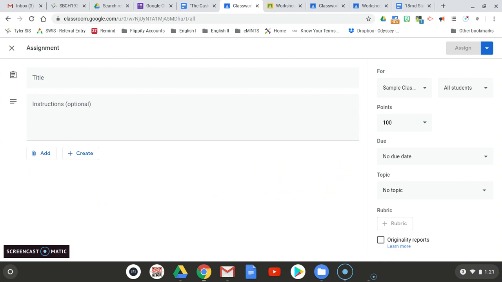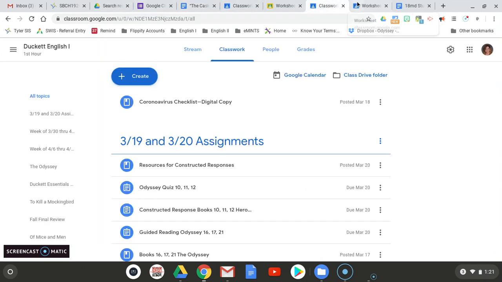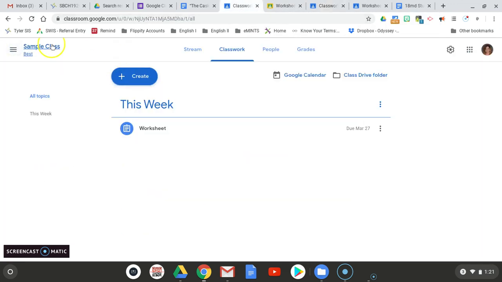Hopefully that helps at least get you started. And if you've got already made worksheets, like I said, like this, it doesn't have to be fancy. This is ready to go right now. So maybe that takes something off of your plate, thinking that you have to make special things. You already have special things. You just have to know how to share them. And now hopefully you do, and hopefully that makes sense. And hopefully you are a little bit more at ease about what to do with your Google